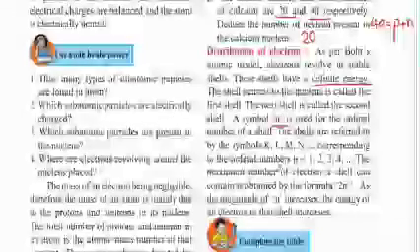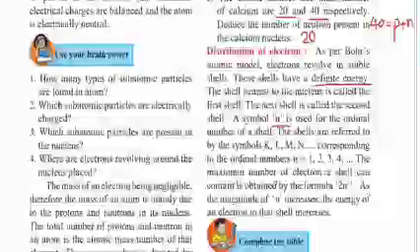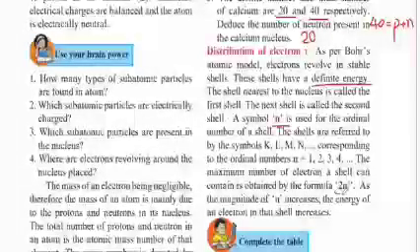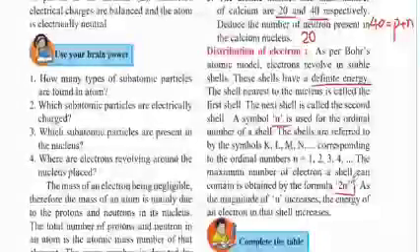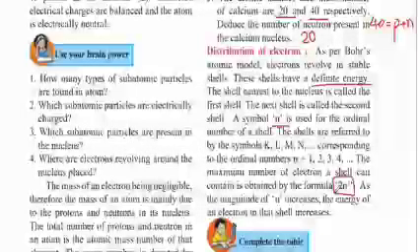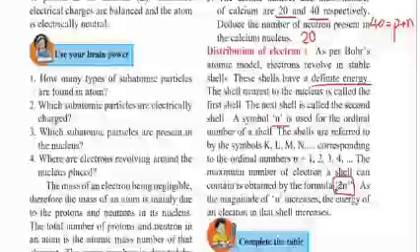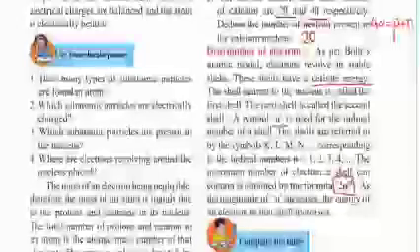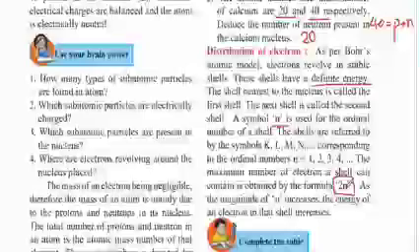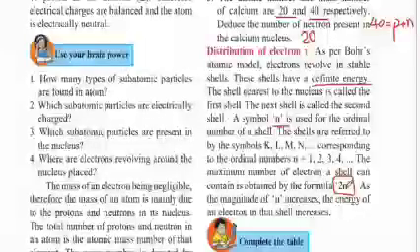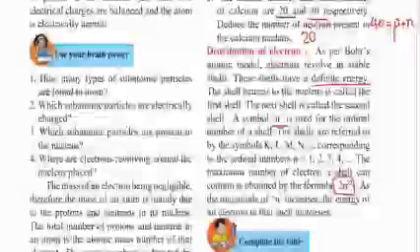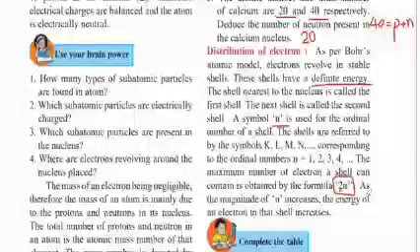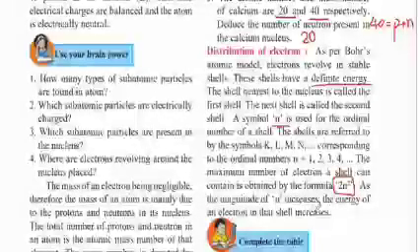The maximum number of electrons a shell can contain is obtained by the formula 2n square, and this is a very important formula because by this formula we can come to know the maximum electrons a shell can have. So for example, let's take the second shell, that is the L shell. That would be 2 into 2 square, which is 2 into 4. So the second shell would have 8 electrons as the maximum number that is there in that shell. As the magnitude of n increases, the energy of an electron in that shell also increases.